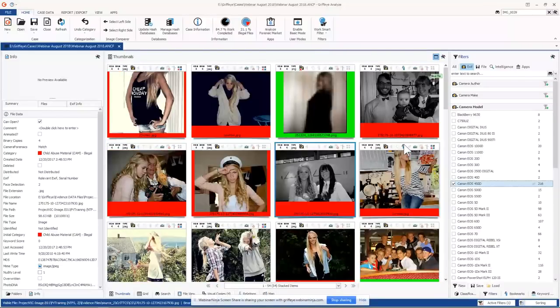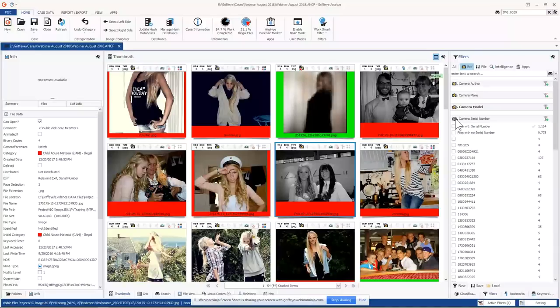One of the other cool things you can do is, I'm going to close this down and say, hey, I just want to see pictures that have serial numbers. If we have an individual who's creating first generation images, typically there'll be a serial number embedded in the EXIF data of these photographs, which Griffeye Analyze does a great job bringing to the forefront, just based on these thumbnail header icons that you can see. You hover over and they give you the information about what EXIF information it was able to glean. So with that, let's use this file as an example.